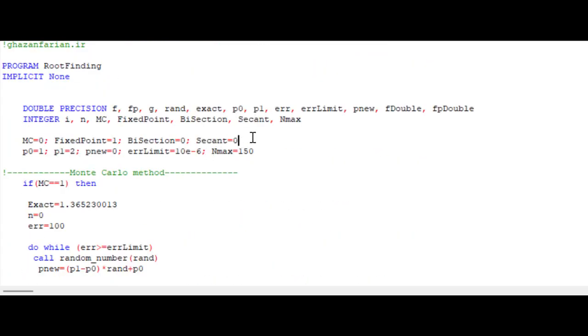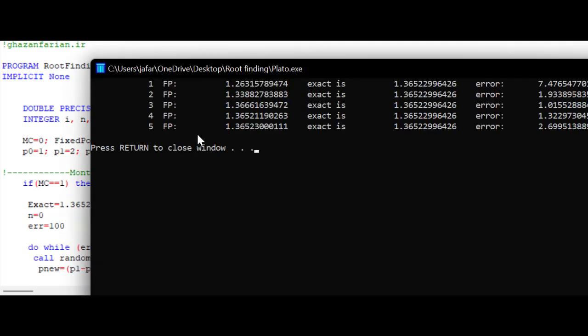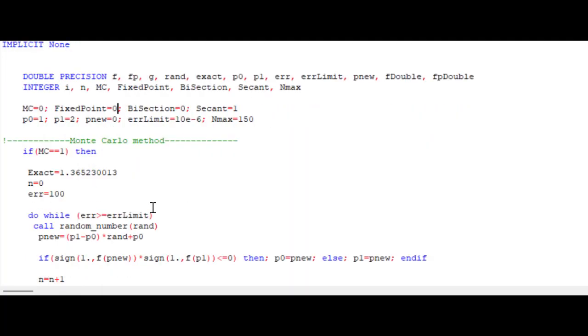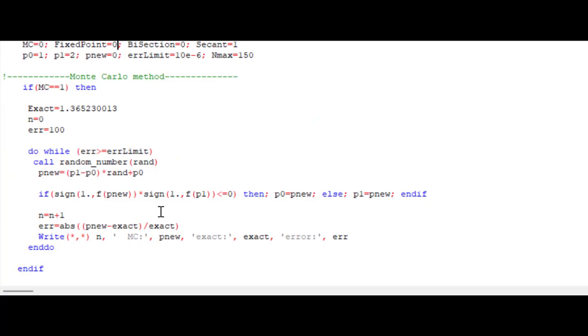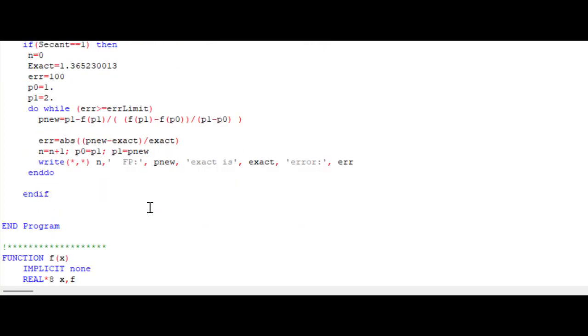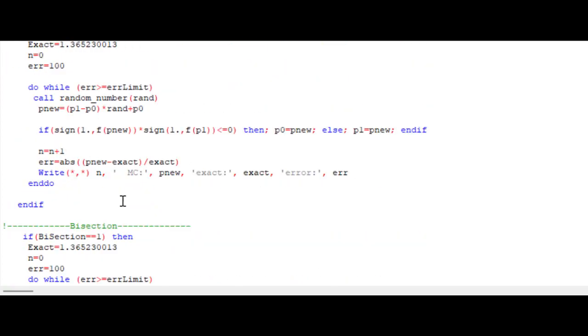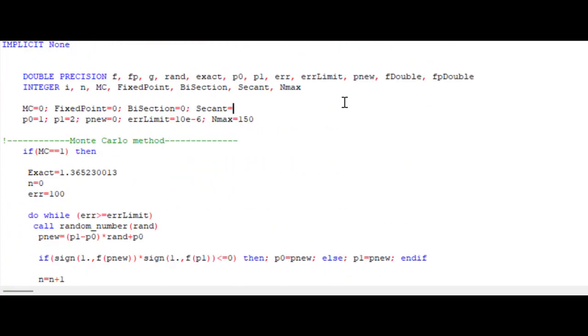Then I can activate the secant method here to find out the number of iterations. Again, 5. So the advantage of the secant method is the elimination of the need to compute the derivative of f, but the rate of convergence is slower in comparison to the Newton-Raphson method. And the last one is to try the Newton-Raphson method